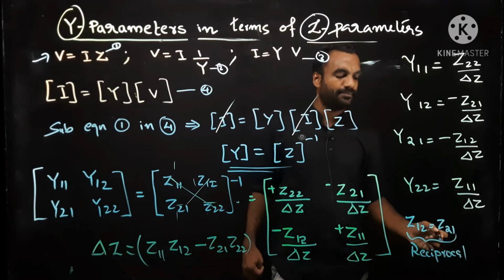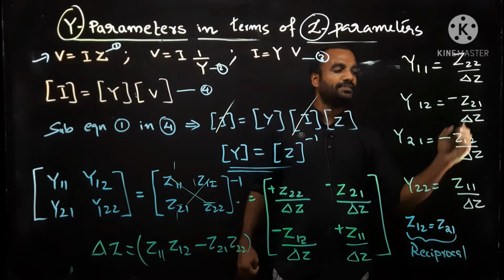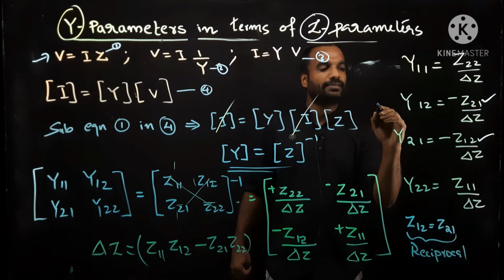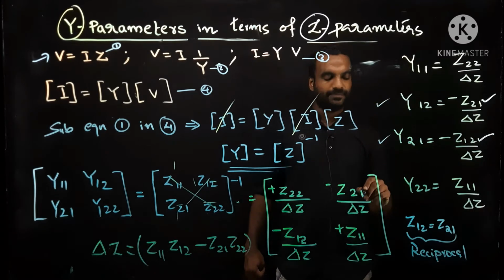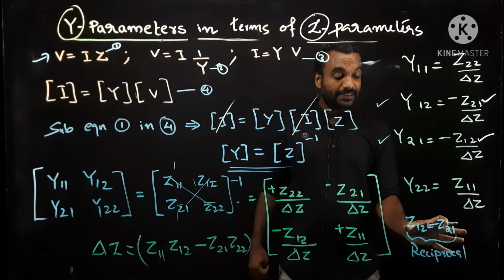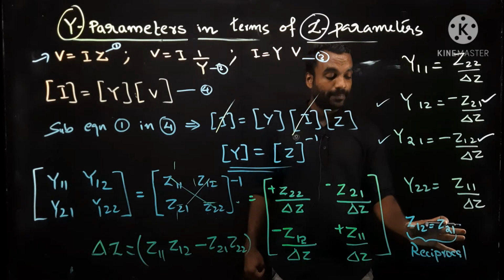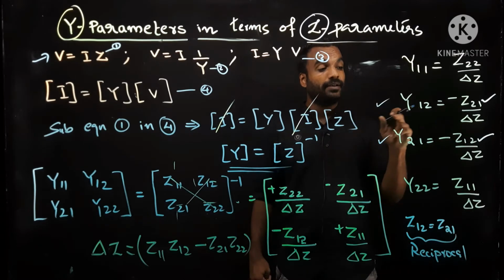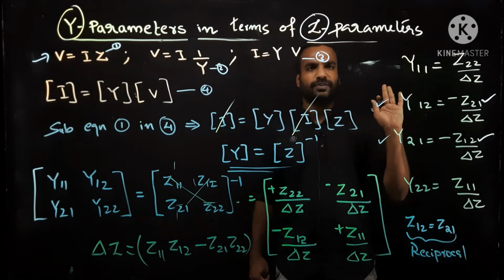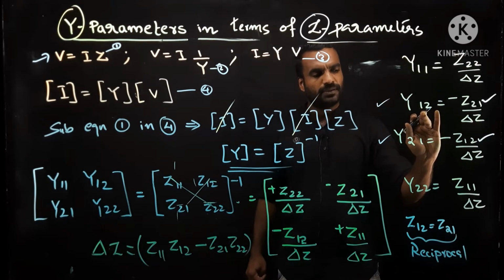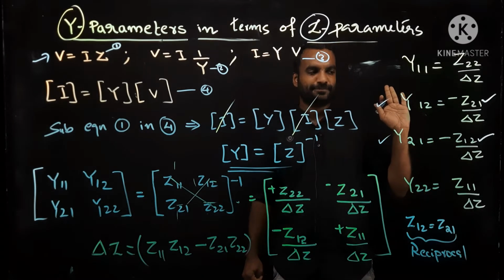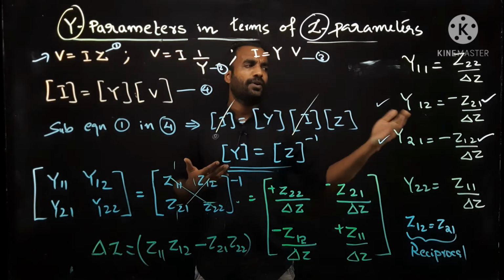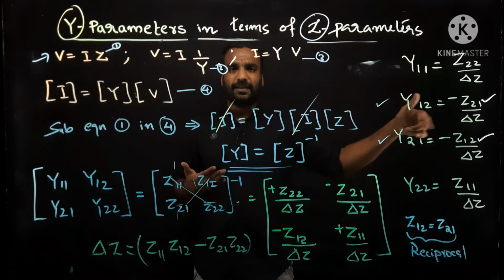And then Z21 is equal to Z12, which means you will get an equal answer for both Y12 and Y21. So if this condition is obtained in the initial step and you identify that the circuit is reciprocal, there is no need to find both Y12 and Y21. Find any one of these. You find Y12, then Y21 will be the same value. Okay?